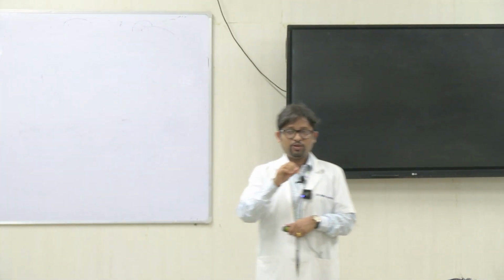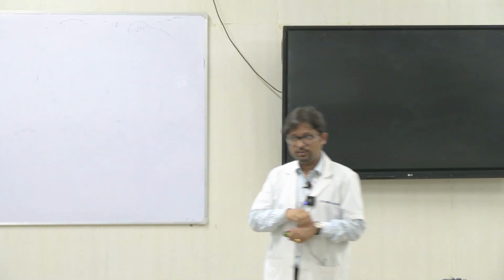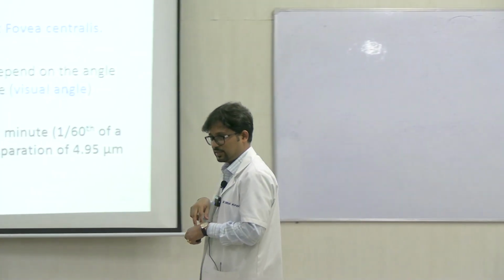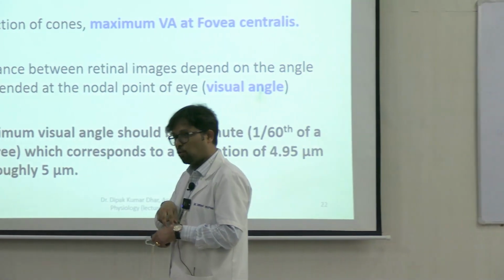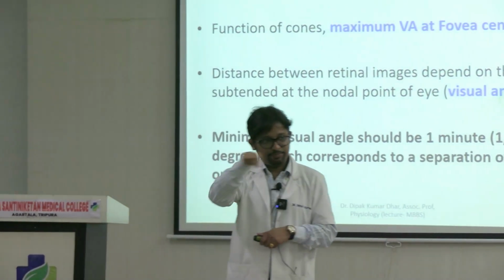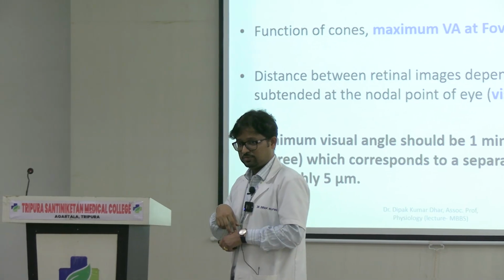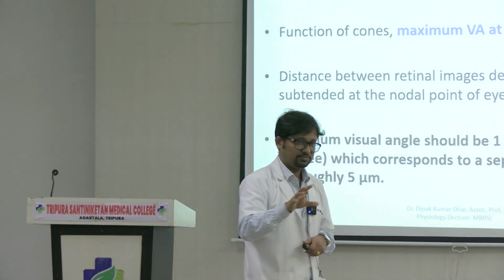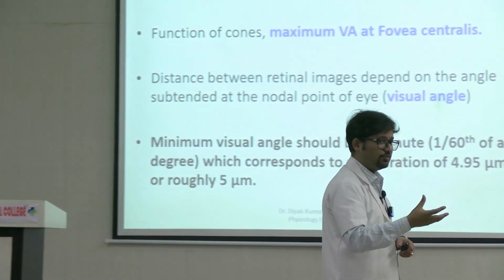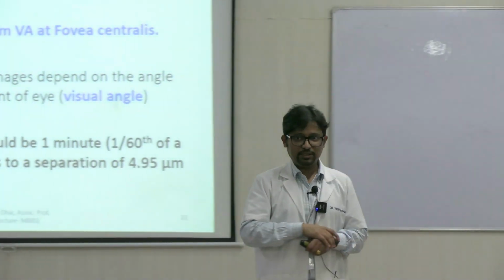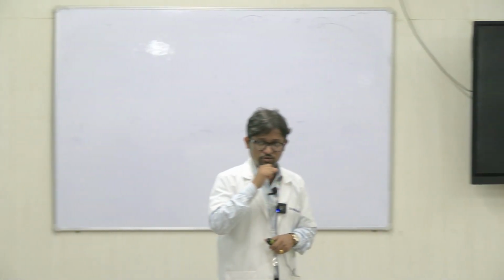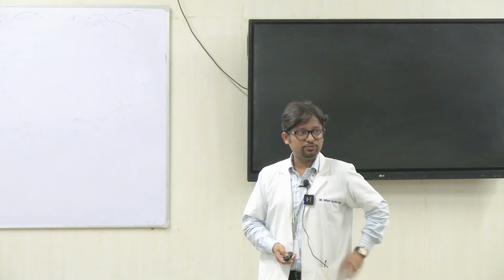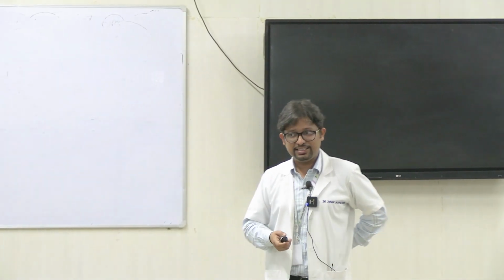So why does this happen? It is only possible when these two stimuli are given on at least two separate receptors having their own receptive fields. If you give both stimuli in one receptive field, it will not be interpreted as two, it will be interpreted as one. A similar, analogous thing with the visual system is what we refer to as visual acuity, resolution or sharpness of vision. What is the minimum separable distance at which two objects can be seen as two?